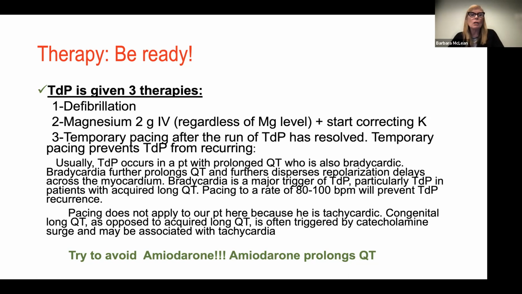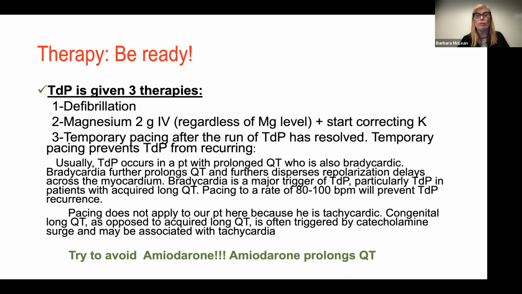Okay, why are you going to pace? Because you need to increase the heart rate to shorten that QT interval. And then, of course, that patient is going to need to be evaluated. Try to avoid amiodarone. Amiodarone prolongs the QT. Defibrillation may work. Magnesium should always happen first, regardless of the magnesium level, and then look at the potassium and if you need to correct it. As soon as TdP is resolved, if you think the patient's at risk or they've had 2 or more episodes of TdP, you're going to start temporary pacing. You then may consider that they're going to go to the EP lab